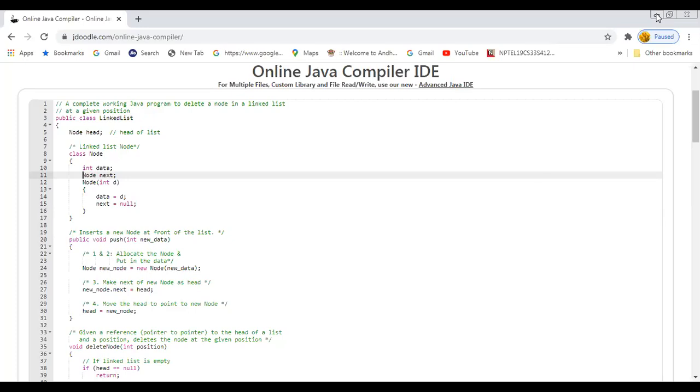Now, let us see what a collection in Java is. A collection represents a single unit of objects, that is, a group, right? So it contains both classes and interfaces.